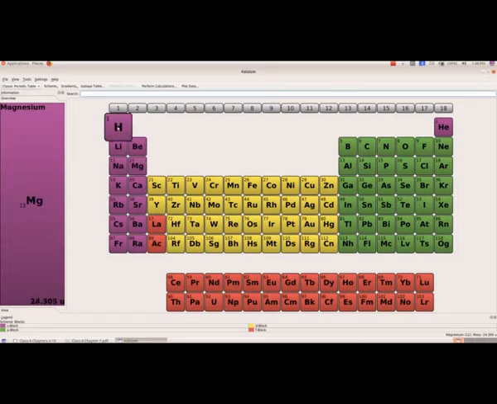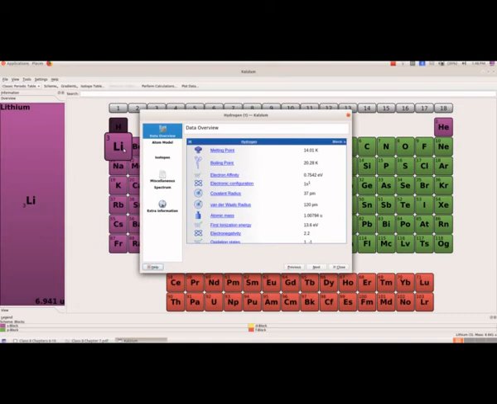And if we click on that element, we will get one window, and there the first option is data overview, and from there we will get the melting point, the boiling point, and then we have the electron affinity, electronic configuration, covalent radius, atomic mass, and so on.